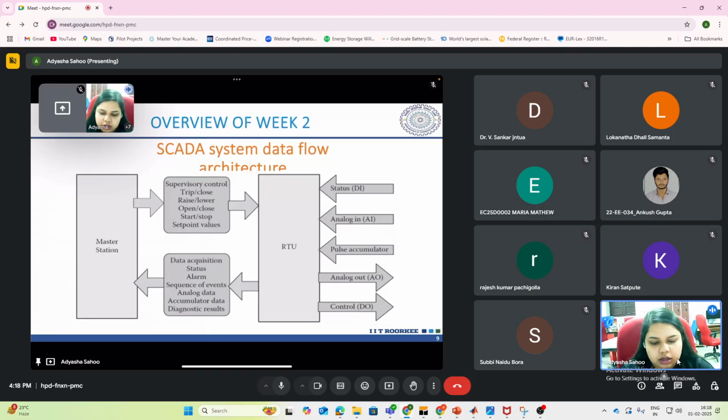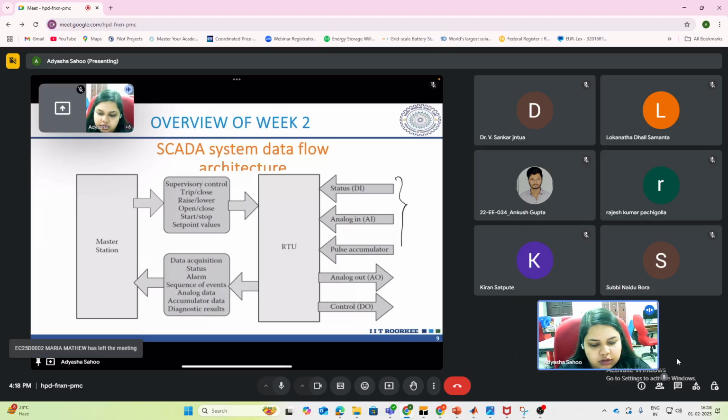So this is the complete architecture of the SCADA system basically. So here, starting from the input side, from the field, you get the pulse accumulator, which will basically accumulate the data over the time interval. Let's say whatever your time interval is, 1 minute or 2 minutes. So these pulses will be accumulated over the 2 minutes, and then the information of load or generation, whatever it is, will be communicated to the data acquisition server,